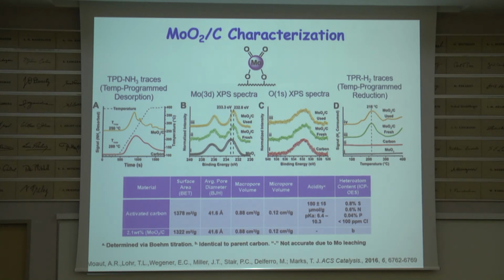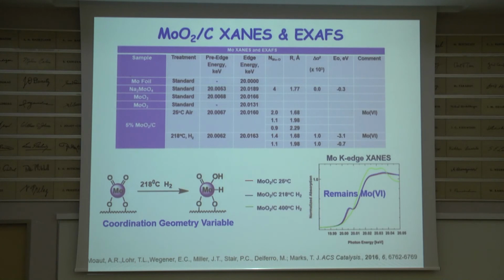You can do UV Raman. Any of the molecular people would say, well, you want to look at the molybdenum oxygen stretching frequencies, symmetrically, asymmetrically coupled. You can get the angle, you can get information on the oxidation state. We're not there yet, but we know a lot about the acidity, and here's XAFS, with Jeff Miller, including XANES. Looking at the edge, everything says pretty much it stays as molybdenum 6, but probably when we add the hydrogen, we lose some of these short molybdenum oxygen distances. We probably get something like this.